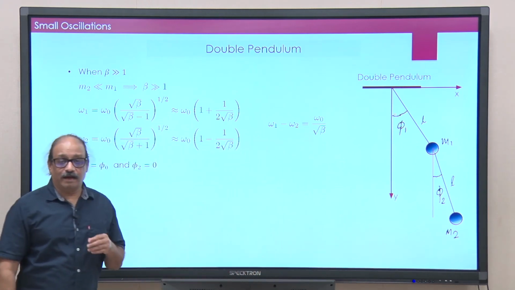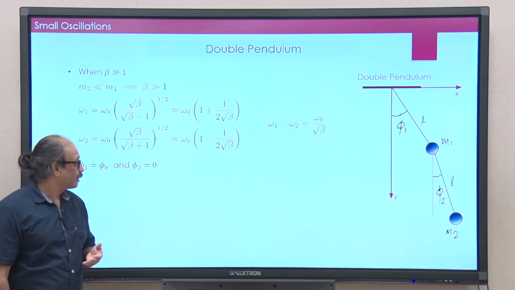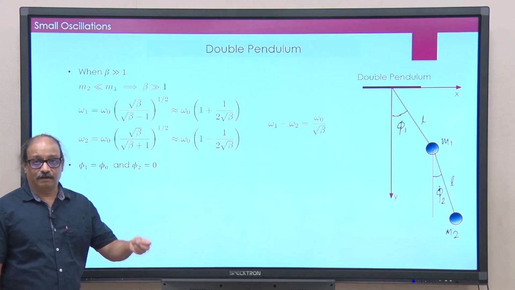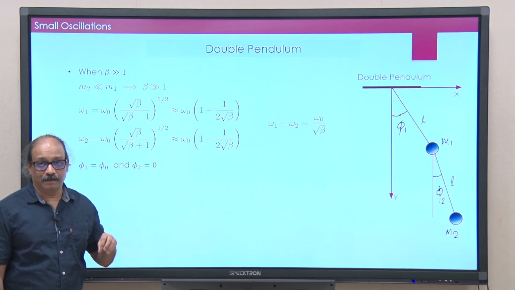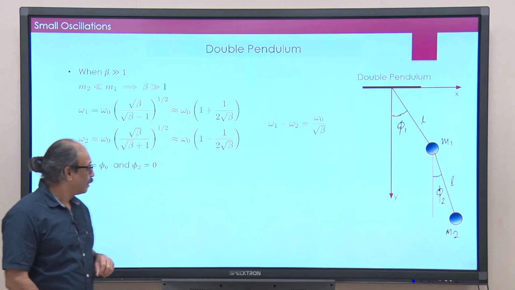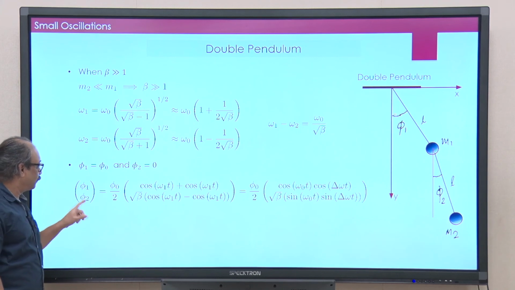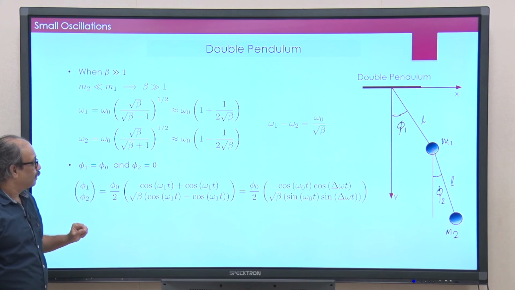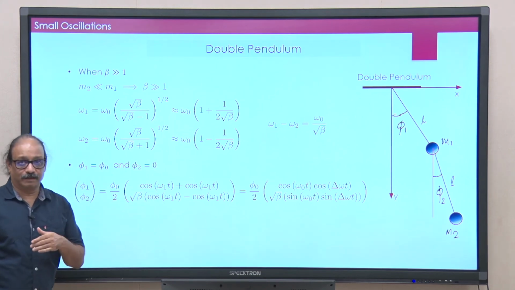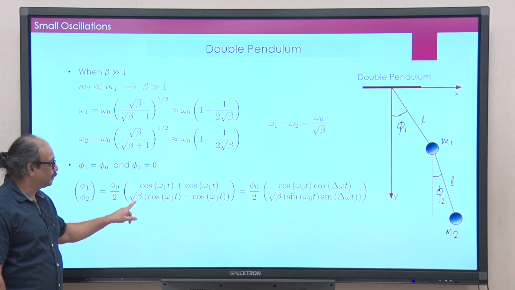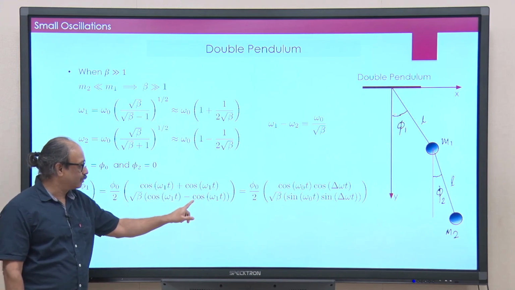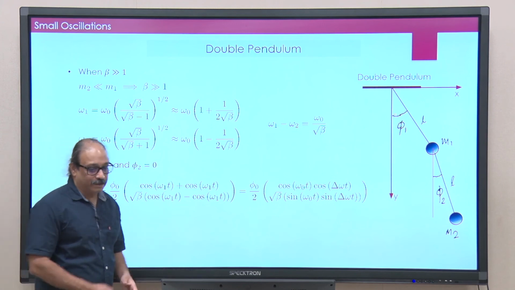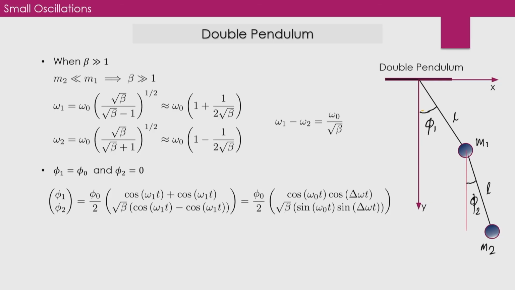Now, I have given you 4 initial conditions. I can immediately write down the 4 constants that would appear in the general solution, and the solution would look like phi 1, phi 2, and phi 0 by 2, that one, this one, and of course, if you remember, this is 1 plus square root beta and this is 1 minus square root beta, okay, and this one is omega 2 here. So, let me write this as omega 2.